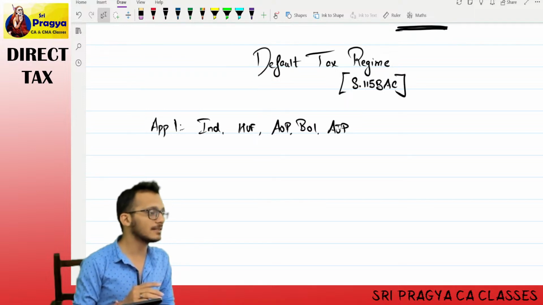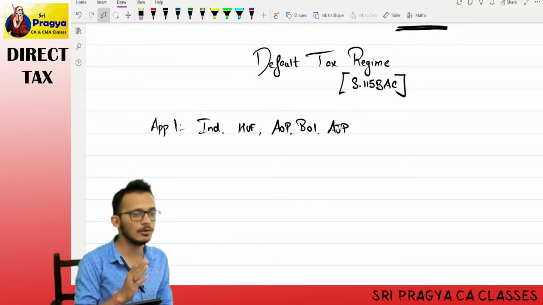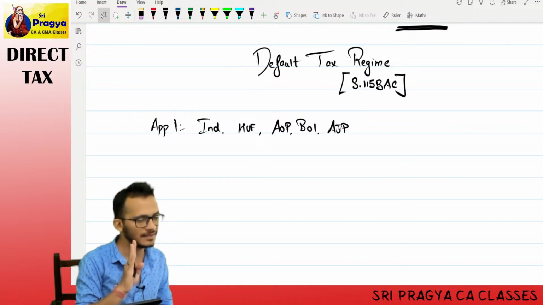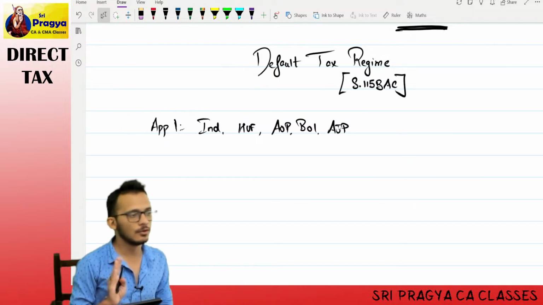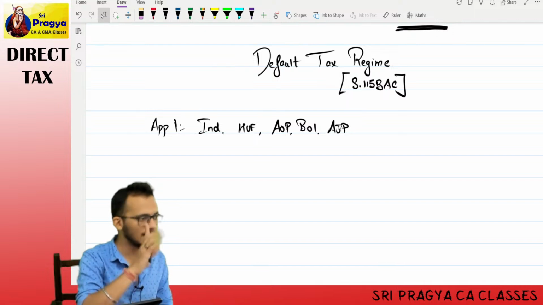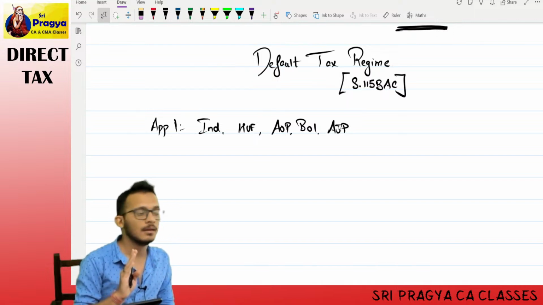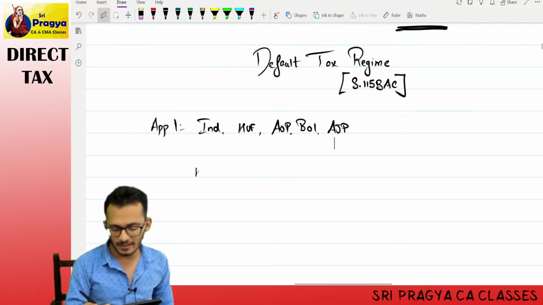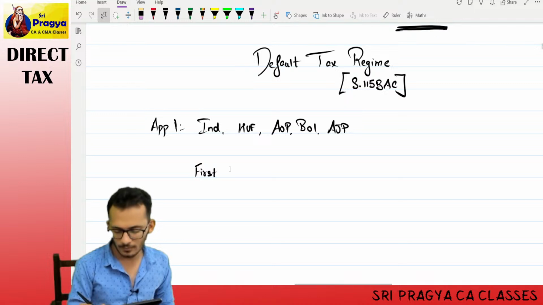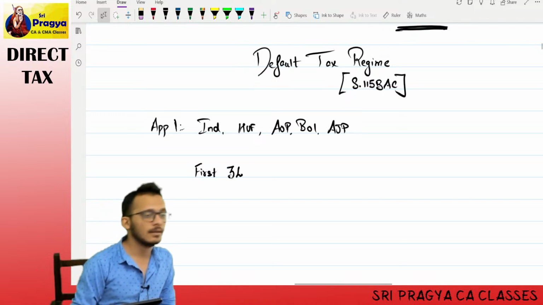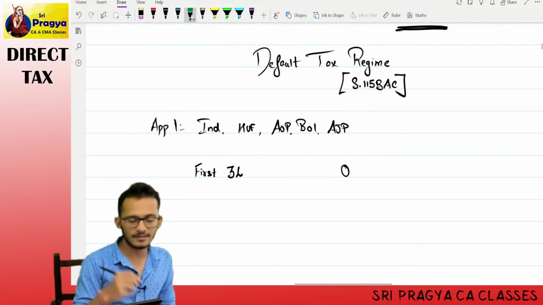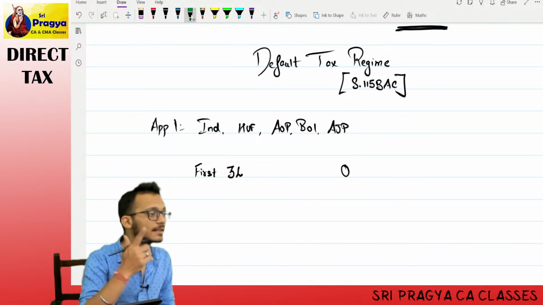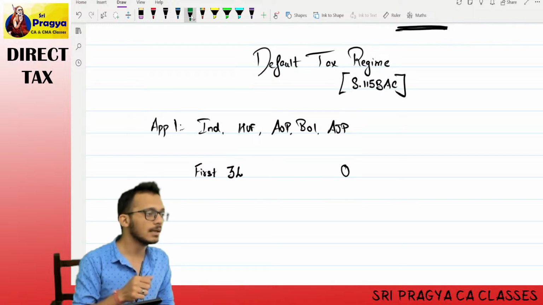Meaning, if you are going for this regime, whether you are 60 years old, okay, whether you are 80, okay, whether you are resident, okay, whether you are non-resident, okay, same rules. No 3 regimes and all, no 3 slabs and all, 1 slab. Only 1 slab. Yes or no? Yes. Rahul, what is a slab? Income tax comes and says, for the first 3 lakhs, tax is 0. For the first 3 lakhs, tax is 0. Where did you study? For 60-year-old cases, here for all cases, 3 lakhs, tax is 0.